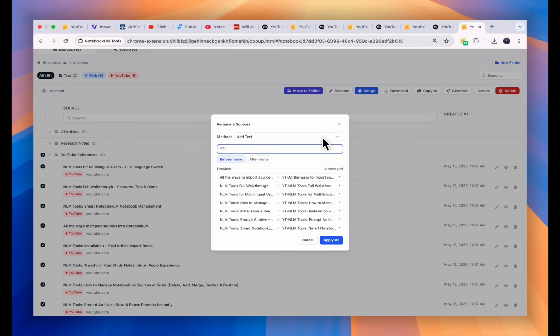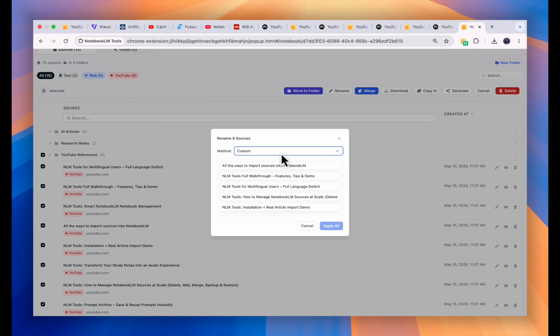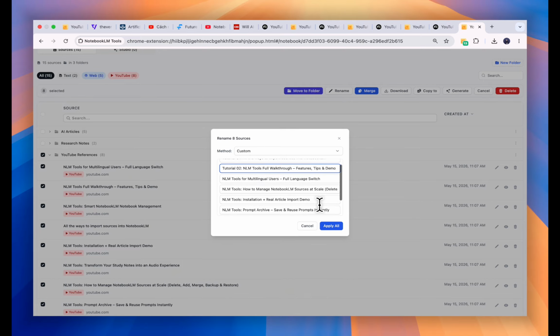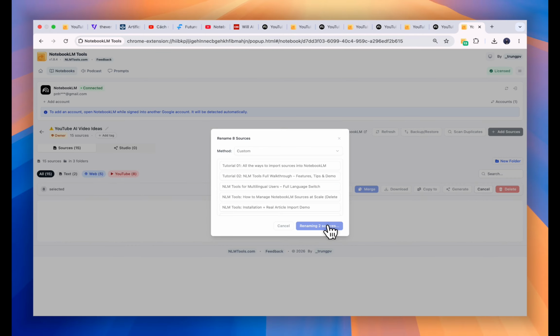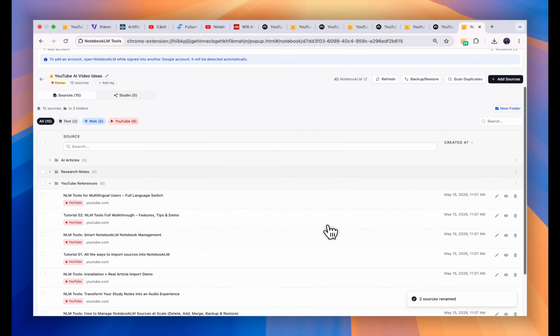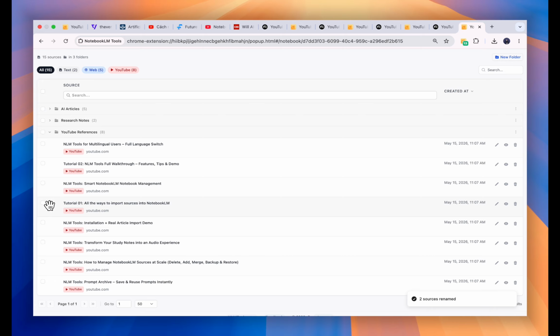And if I want a completely cleaner naming structure, I can use the custom rename method. For example, instead of keeping longer imported titles, I can turn these into a cleaner sequence like Tutorial Clip 01, Tutorial Clip 02, and so on. I probably wouldn't do this for every notebook because sometimes the original titles are still useful. But for curated projects, structured workflows, or grouped reference collections, this can make the notebook feel much cleaner and more